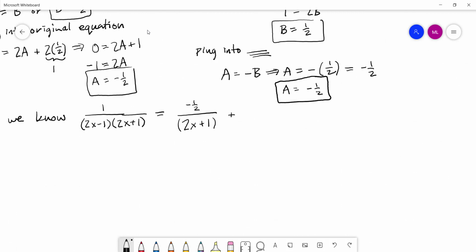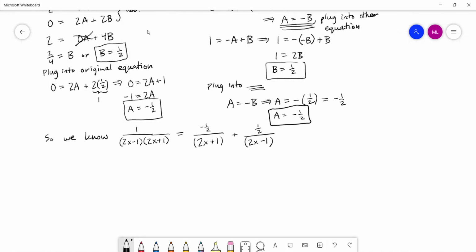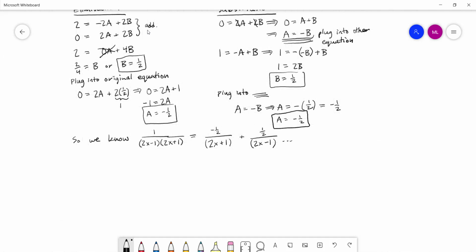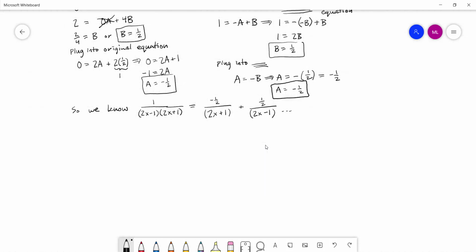And the b goes over the 2x minus 1 term. Okay. So after all of that, all we've successfully done so far, this is the partial fraction portion. We've rewritten one ugly term into two simpler terms. We've unfound the common denominator. And so we wind up with